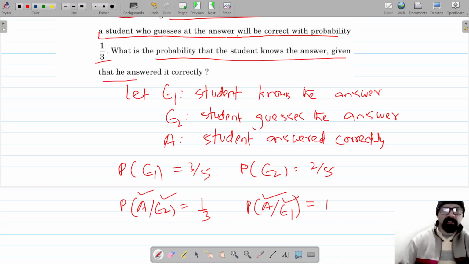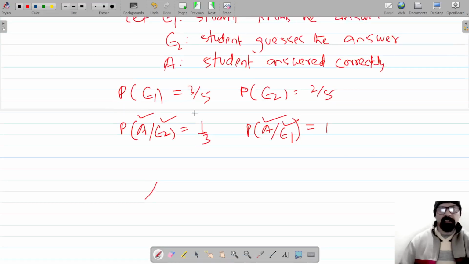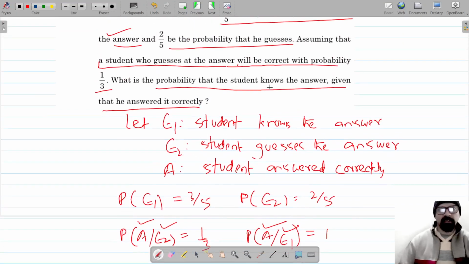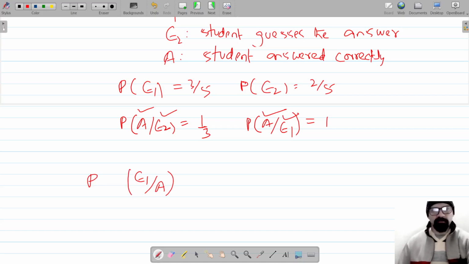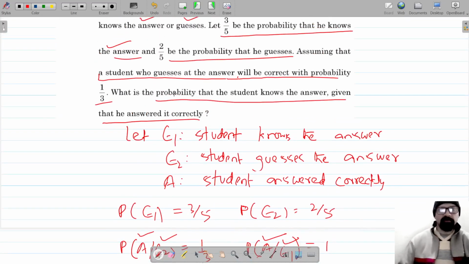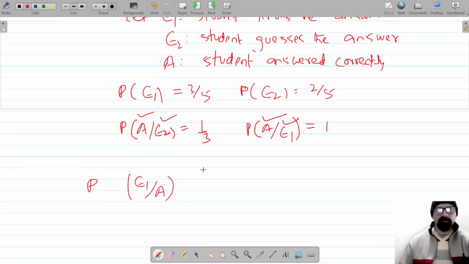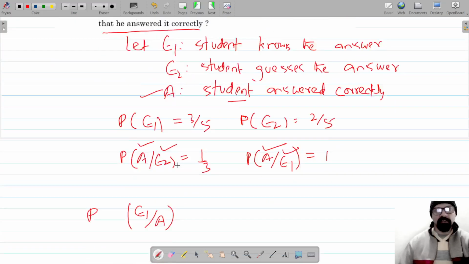में पूछा है what is the probability a student knows the answer given that he answered correctly. अब स्टूडेंट ने आंसर करेक्ट दिया है, he answered it correctly, ये given है और हमें पता करना है what is the probability a student knows the answer, स्टूडेंट को आंसर पता था, ये आपको फाइंड आउट करना है. So this is probability of E1 by A. Probability student knows the answer given that he answered correctly, ये given है तो इसको रखेंगे हम